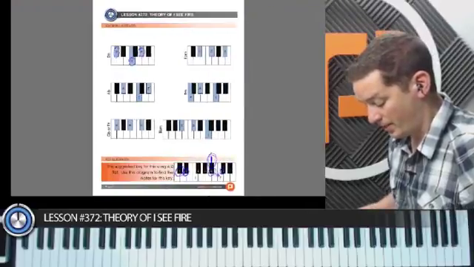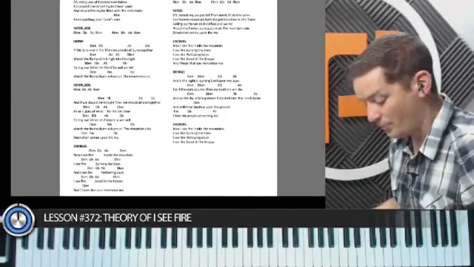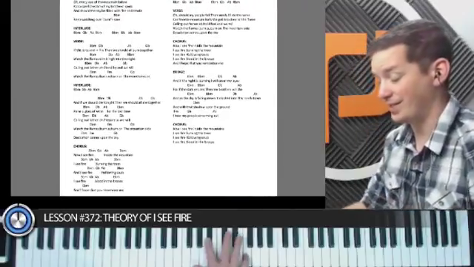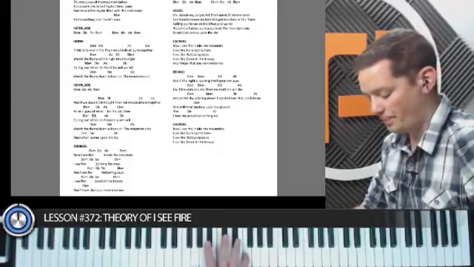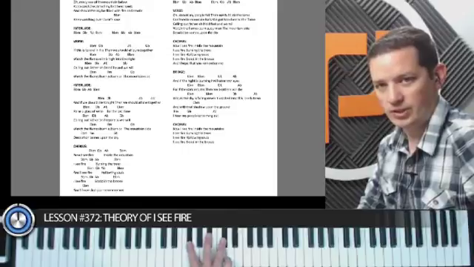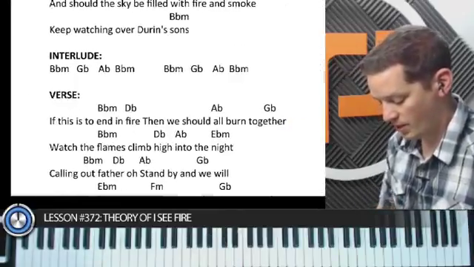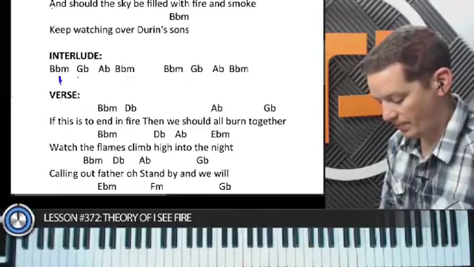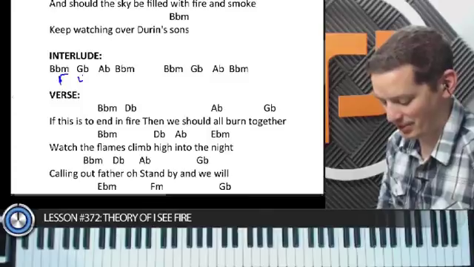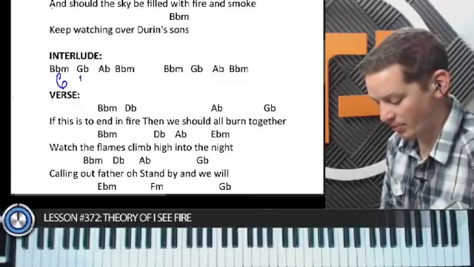So anyway, that is our description of the key of D flat. Now, let's talk about what's happening as far as chord numbers are concerned, now that we know that this is a 6. It's going to go from that one, which is the 6, down to that one, which is the 4. So from here, if we number these chords, B flat minor is the 1, or sorry, we just spent all that time explaining why that's not the 1, it's the 6. G flat is going to be the 4,